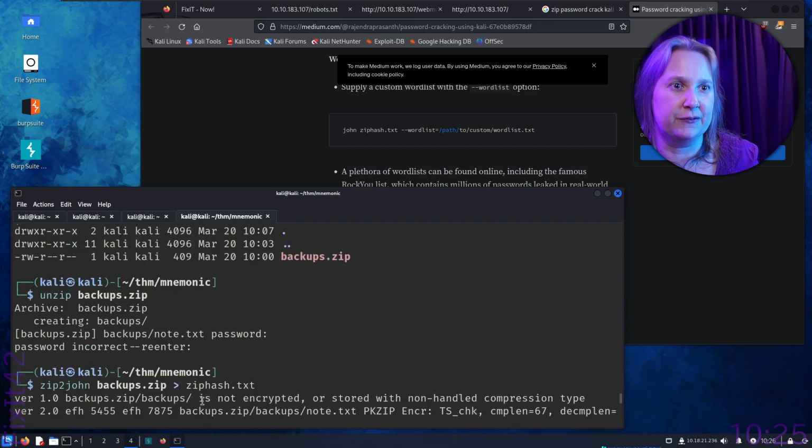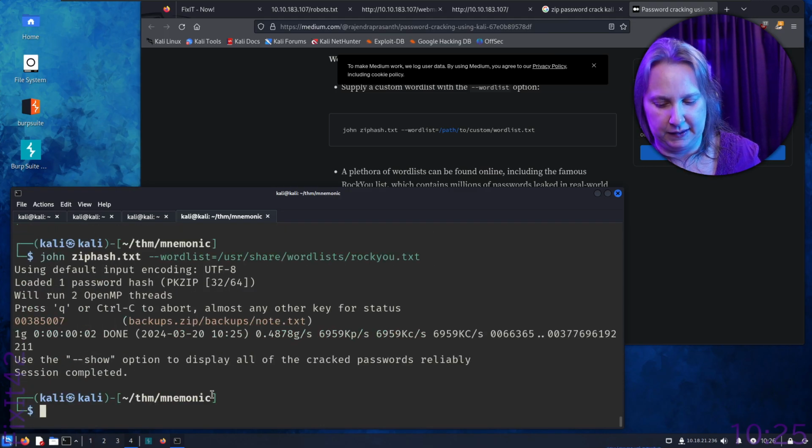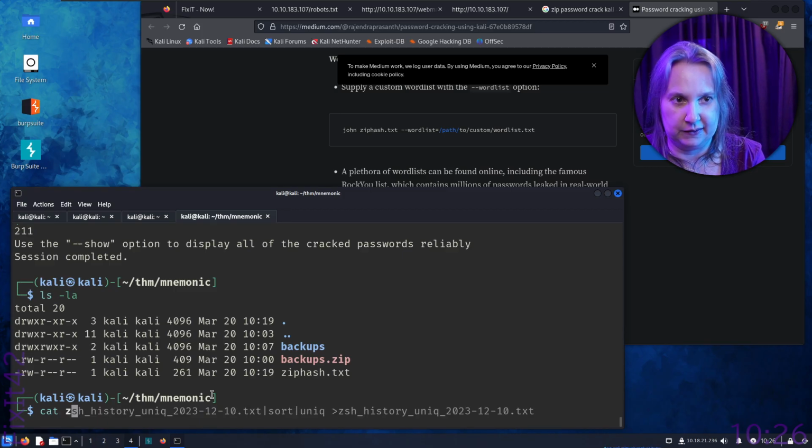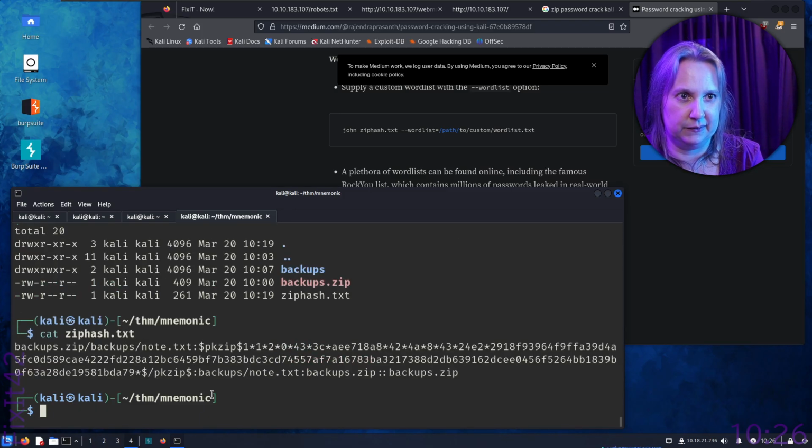Let's also look into the file. We didn't actually look at the file. So here we have the zip hash.txt, and we want to look at that, of course. We didn't look at that. So let's do that.